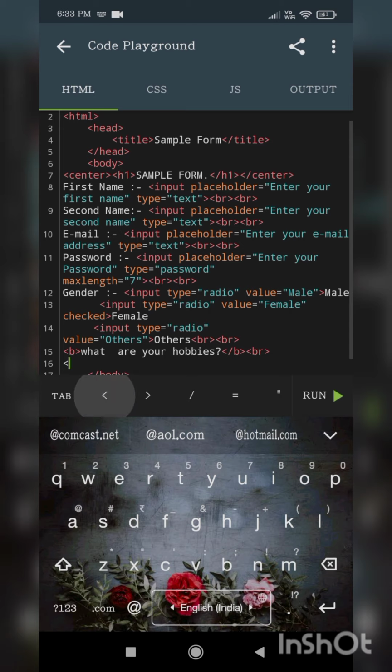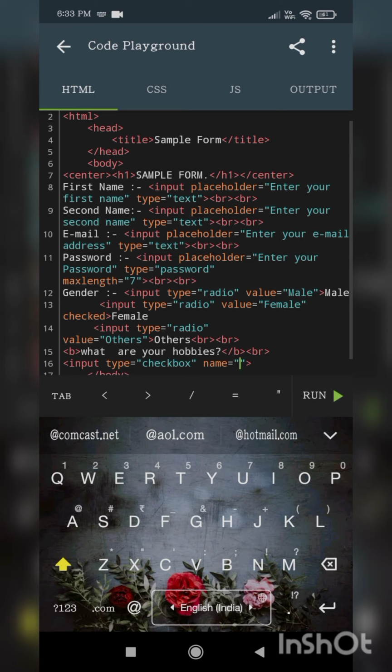So you should use the input tag, and in that input tag you have to write type as checkbox. You have to write a name attribute in that as well.